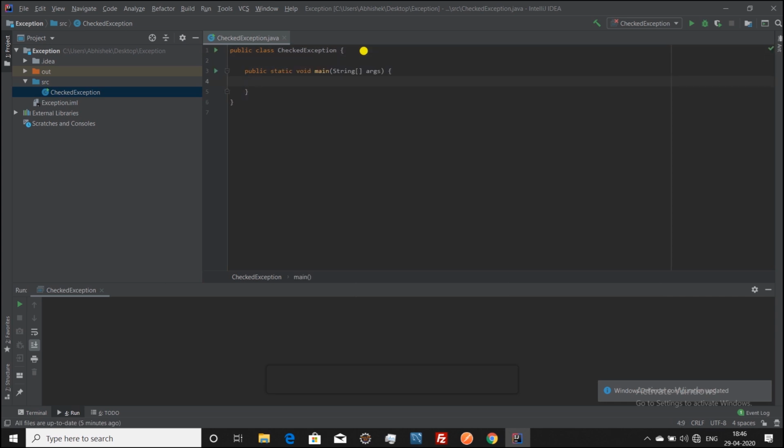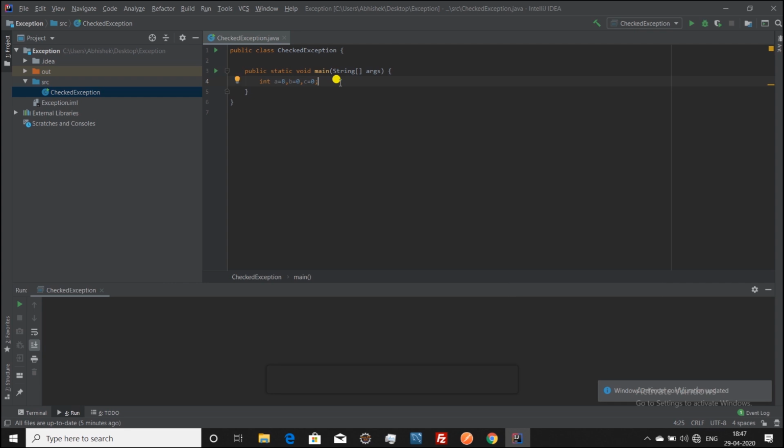Now we will declare three variables of integer type: a, which we will assign the value 0, b with the value 0, and c with the value 8. Okay, first let's change the value of a to 8 so that we can see the demo.